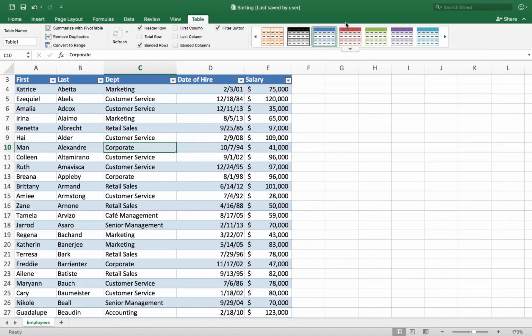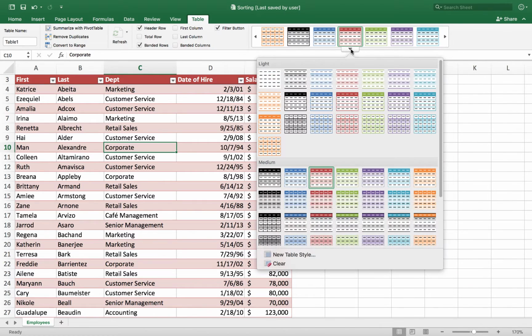I'll go back to, but the default actually automatically goes to blue when you turn it into a table. We'll change it into more Trojan colors. Is that better? Okay. The problem is there's too many choices for the table styles. If I click this down arrow here, look at that. There's a whole bunch of different styles that you can work with.